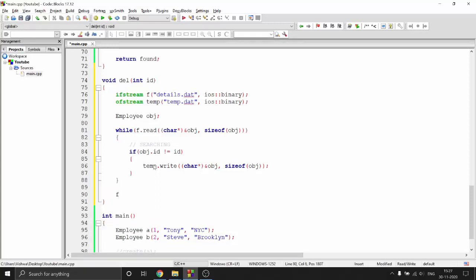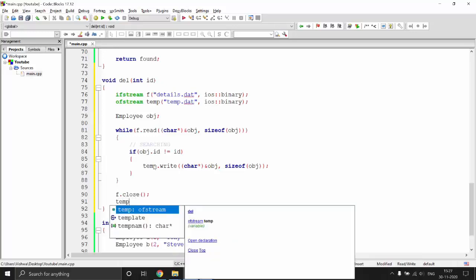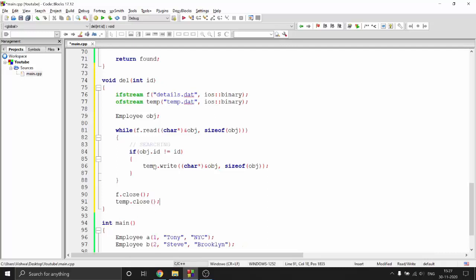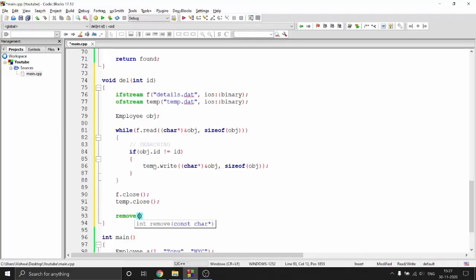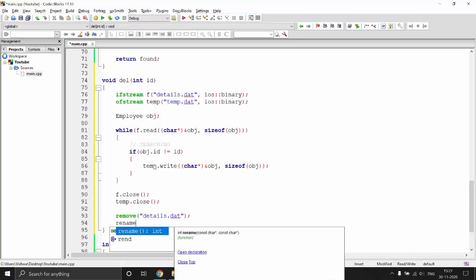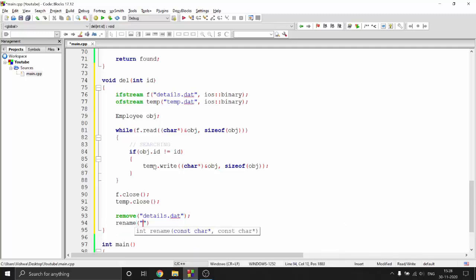Now what you're going to do is just close those both files. Temp to close. Now you just remove details.dat, and then you rename temp.dat to details.dat.